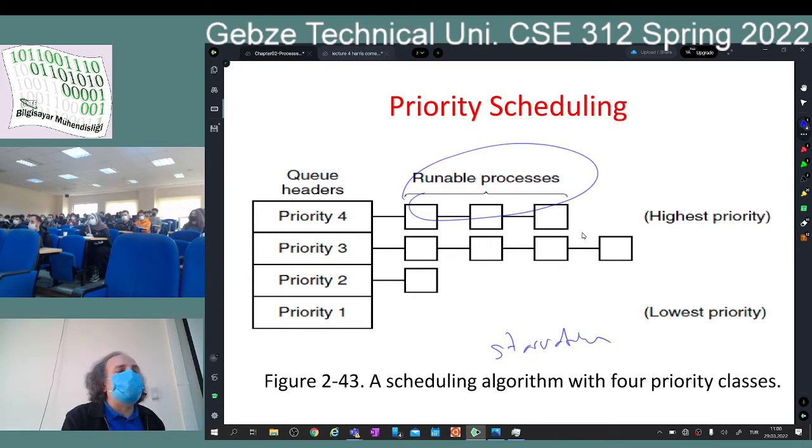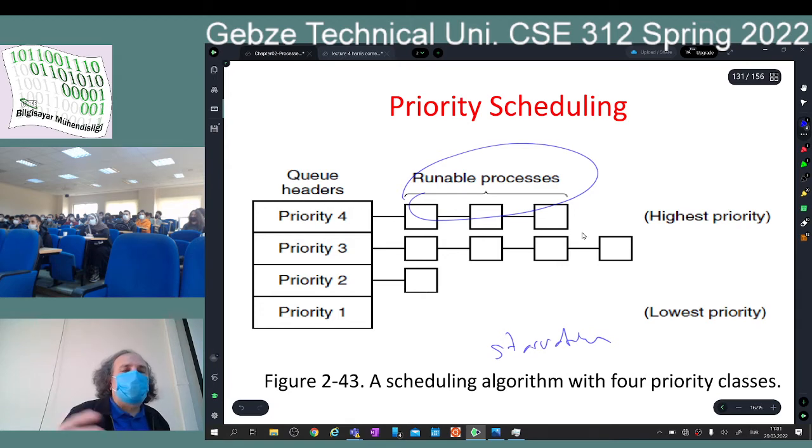The second problem is priority inversion. This one holds the lock. This one needs it. But this one is blocked. Since this one is blocked, these other two are taking the CPU all the time. Since these two are using the CPU all the time, this one is blocked, right? And this one doesn't get to use the CPU.